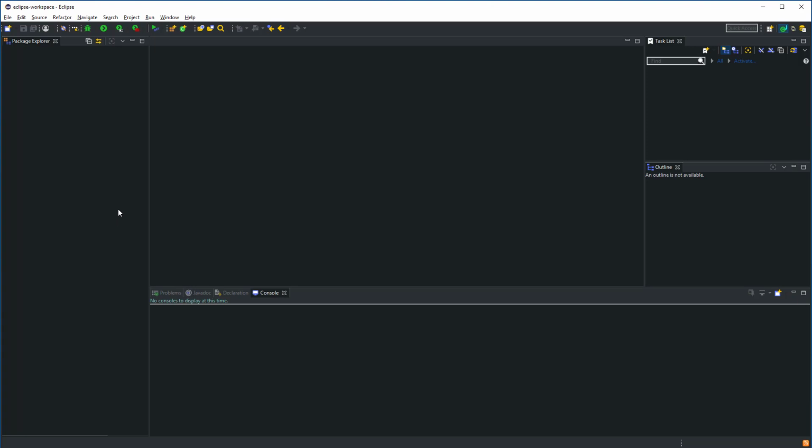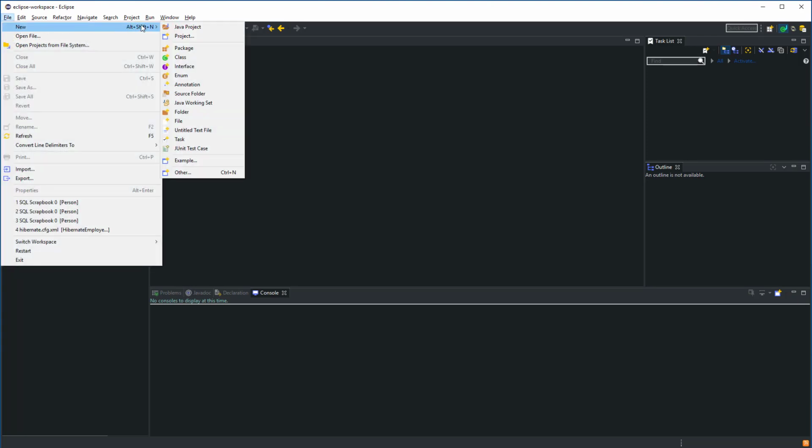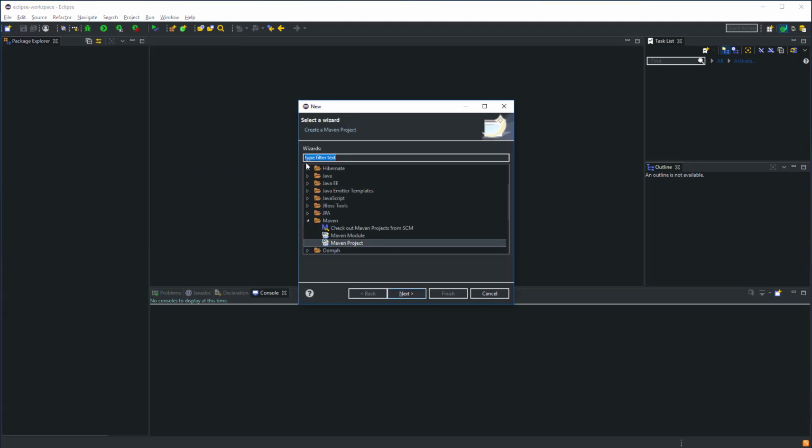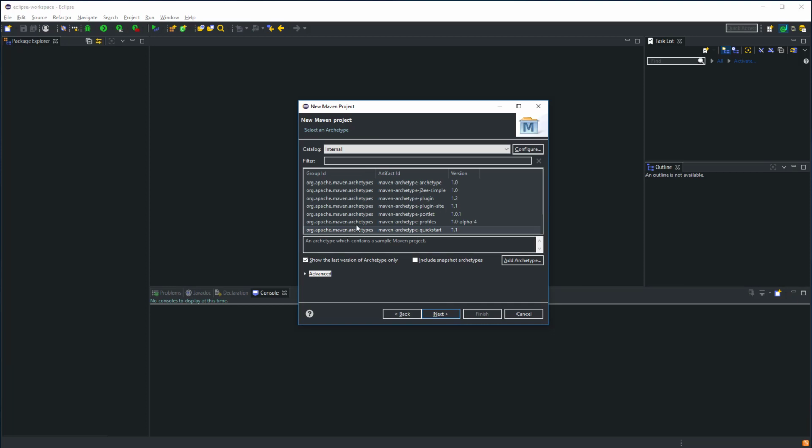With Hibernate, I find it easier to reference the necessary dependencies in Maven rather than to include all of the required jar files in the build path. So that is the reason the type of the new project that I'm going to create will be a Maven project. Next, let's make it a quick start